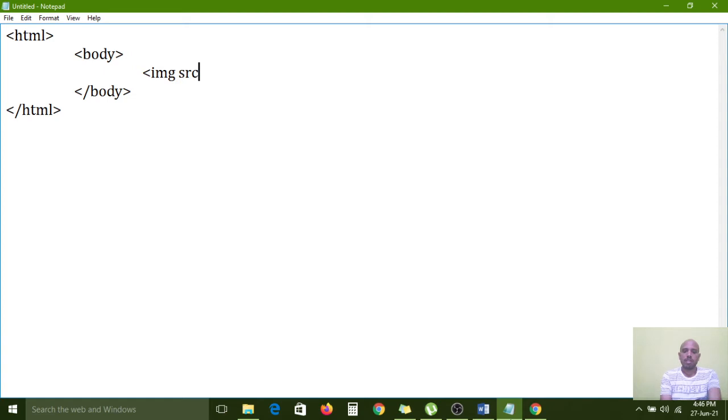Source equal to, now I am not loading anything, but I have used the image tag. Okay, the image tag I have used. Here the on error event I am using, equal to alert of image not loaded message.